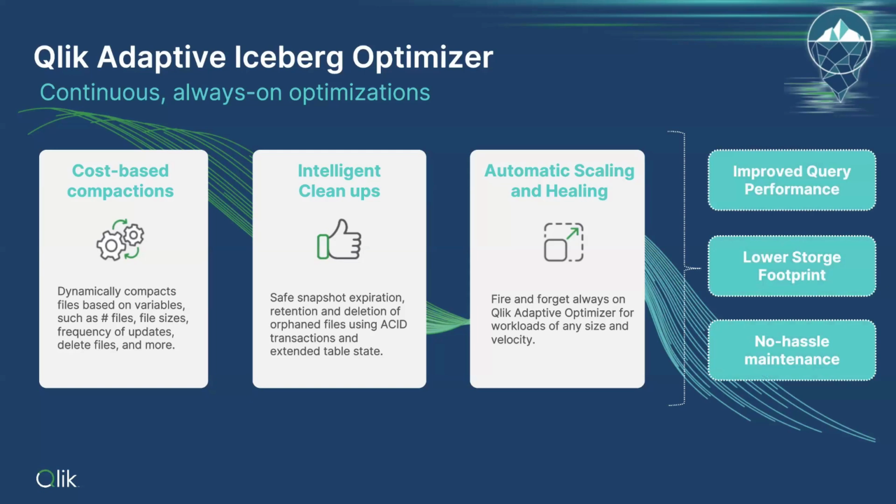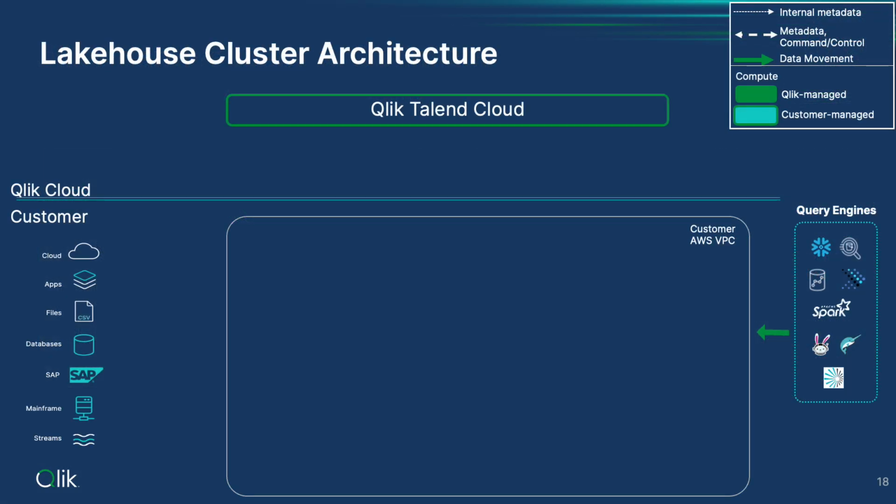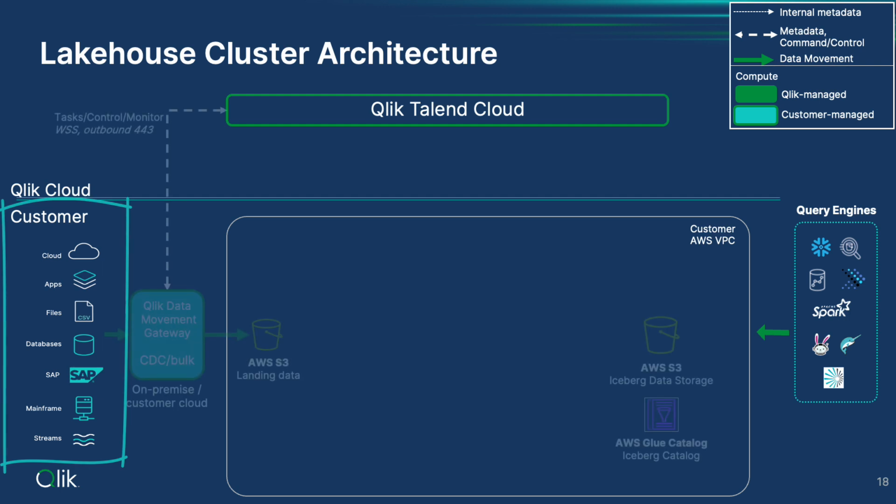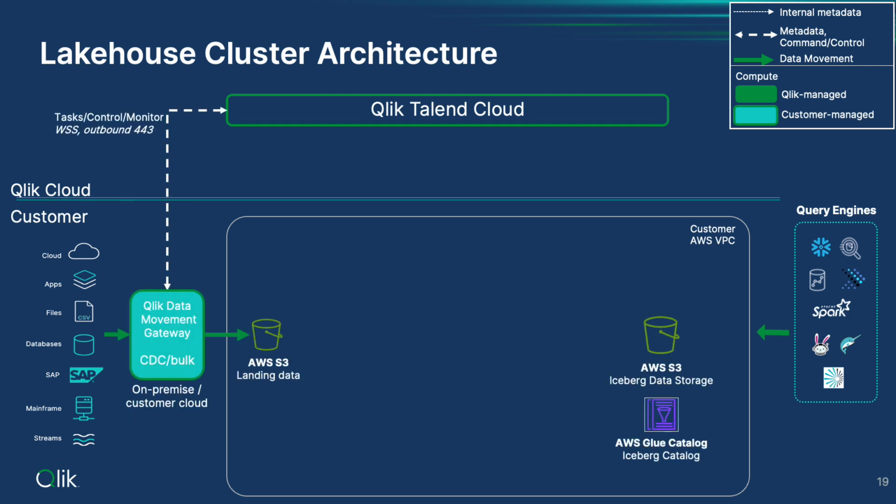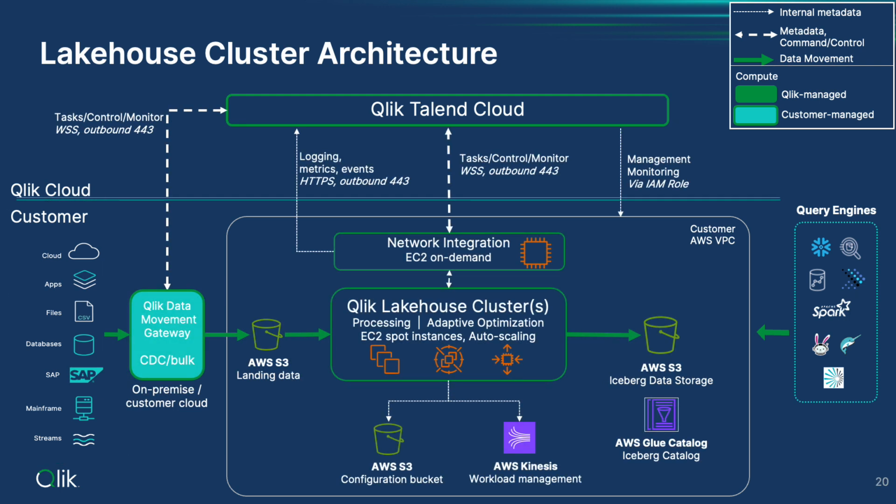So how does the data actually flow through the architecture in the background? The Open Lakehouse architecture supports data collection from any of the different types of sources that you see over on the left. What we then provide is something called a Lakehouse cluster. This Lakehouse cluster runs in the customer's cloud infrastructure. This is a really important aspect of the solution that makes this product very secure because it runs in the customer's network and the customer maintains all level of security controls and governance on top of the data being processed. Right. Which is very important.